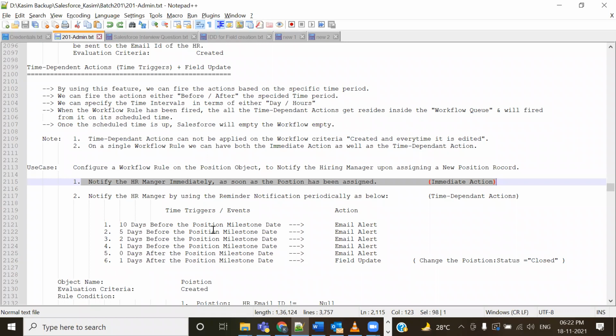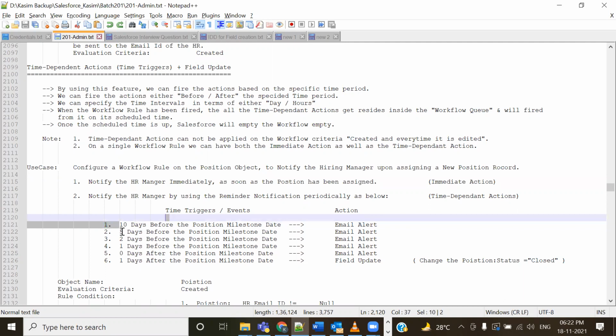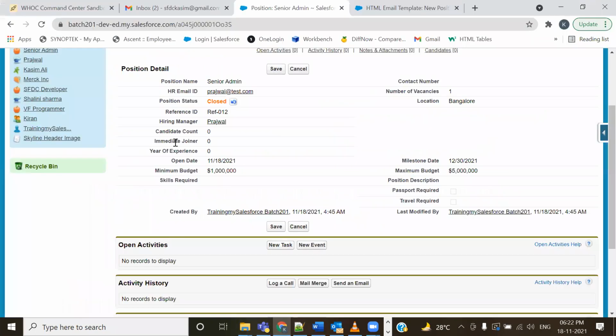समय के साथ साथ भी कुछ ईमेल आने चाहिए, जैसे कि माइलस्टोन डेट जो है कि जिस डेट से पहले क्लोज हो जानी चाहिए पोजीशन, उसके 10 दिन पहले एक ईमेल जाना चाहिए, उसके 5 दिन पहले, उसके 2 दिन पहले, 1 दिन पहले, even on the date of milestone ईमेल जाने चाहिए। और आखिरी क्या हो, मतलब जब माइलस्टोन डेट क्रॉस हो जाए तो उसके बाद क्या, तो उसके बाद में जो फील्ड का स्टेटस है ना, पोजीशन में जो स्टेटस नाम की फील्ड है, उसका स्टेटस जो है वो क्लोज्ड हो जाना चाहिए ऑटोमेटिकली।